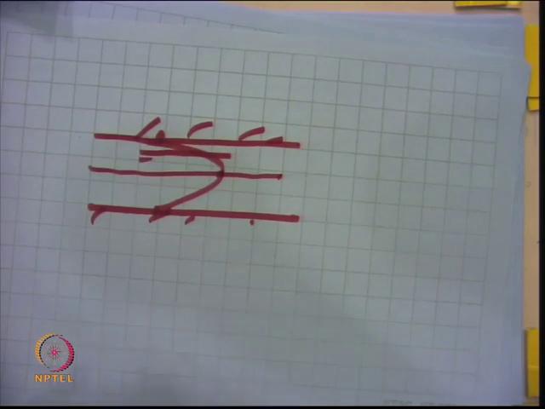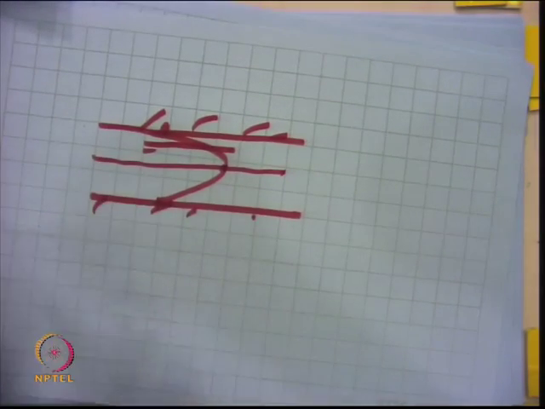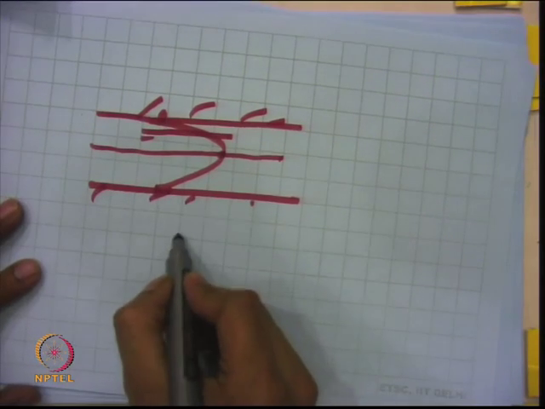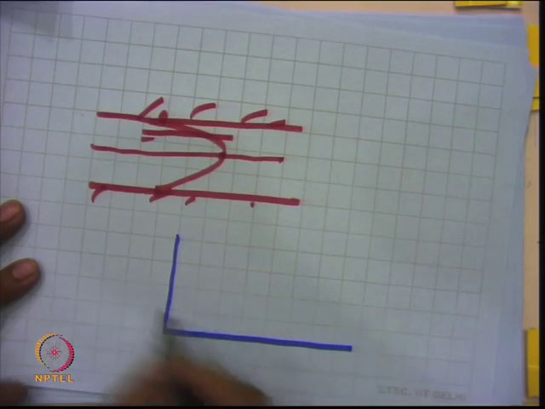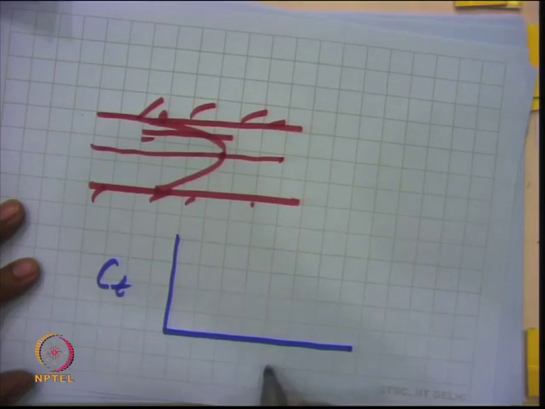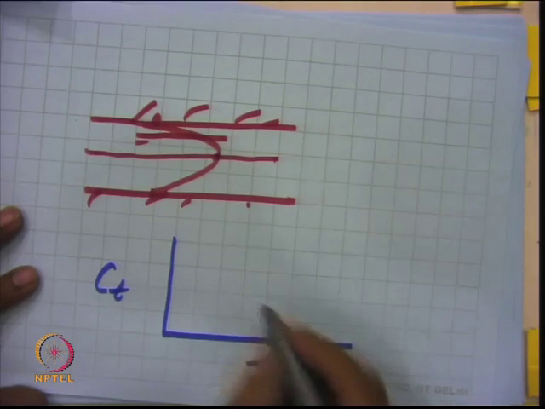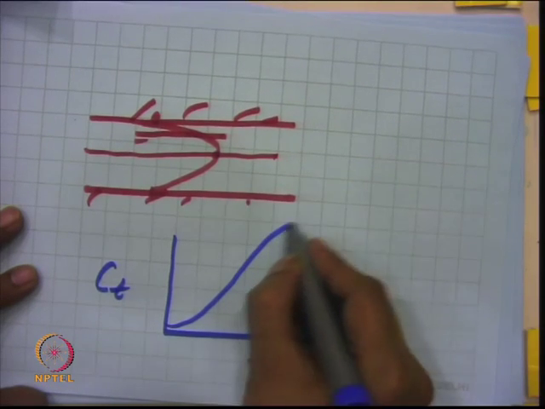And when this happens, whatever tracer you inject will not come out at the same time, even if you have a plug flow type. So, it will disperse. At some point you will have high concentration of tracer, which I was just talking about yesterday, if I take a concentration versus time profile. So, I will get a distribution something like this,